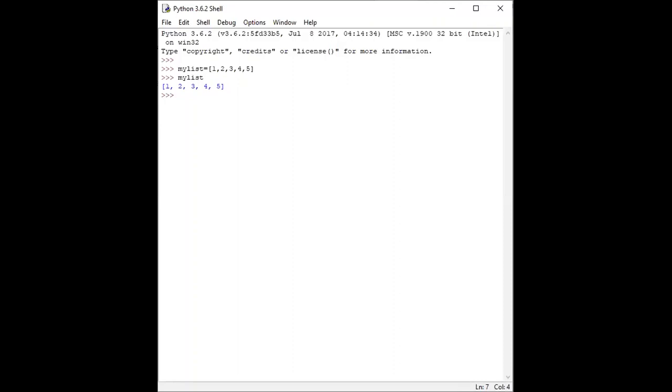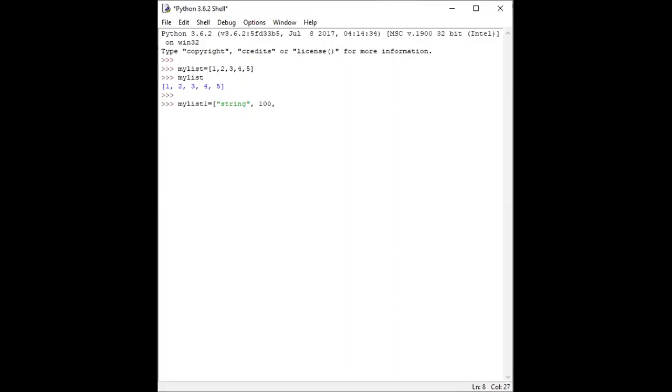For example, if I write another list, my_list1, I can write here, for example, a string as the first item, and a comma means separating the next value or object from the first value.